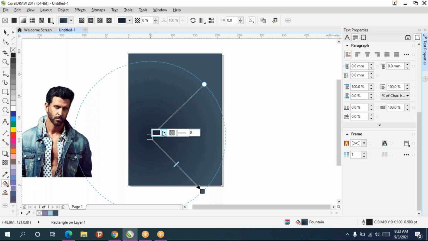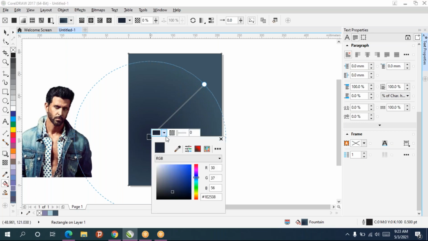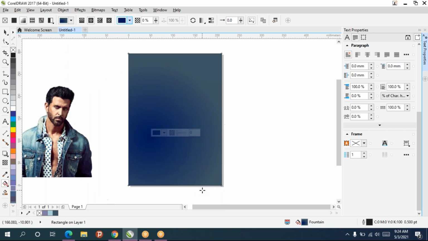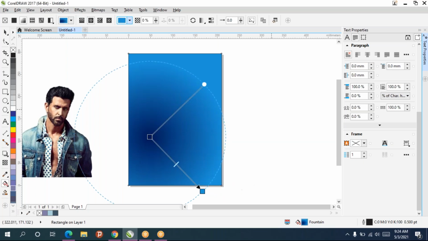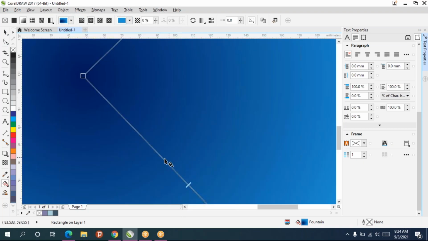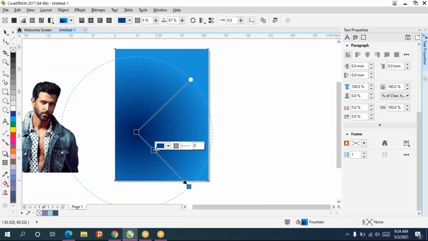Just click on the square box, again one square box will come, and there you can choose any color you want. So this is also the same thing. Suppose you want more colors, just double click on the line and you will get more colors. I'll explain afterwards what the gradient tool is. Right now we'll see only two colors.